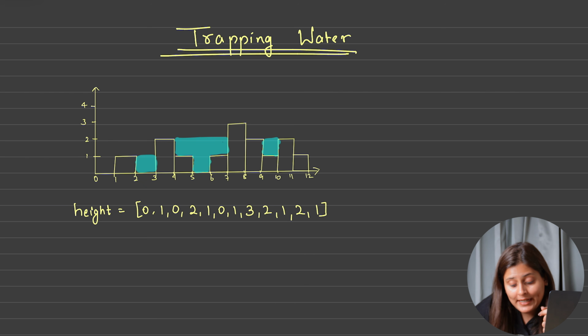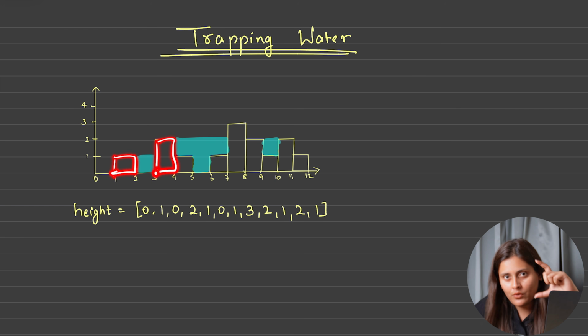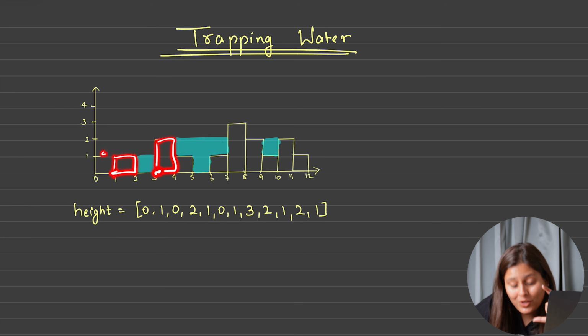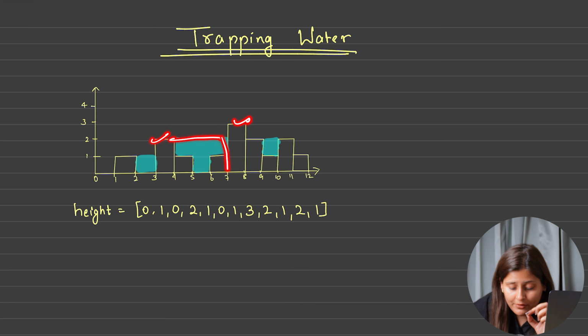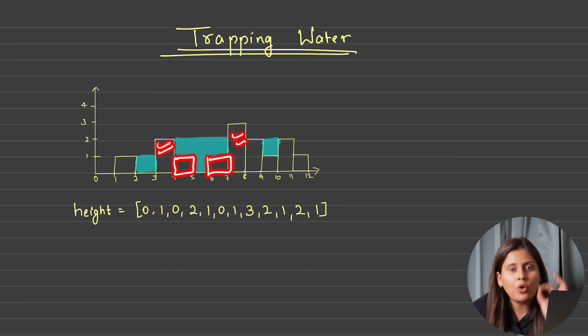So what water it can trap is nothing but determined by the minimum height of both of these. Whatever will be the minimum height, the water will be trapped up to that. The height of the water which will be trapped will depend on the minimum height, and the width is always fixed 1. So 1 cross 1 is nothing but 1. Now if you compare this block and this block, you can calculate whatever water is in between. But what about these blocks? If between this block and this block there is any block of building, you cannot store water in that place, and hence you have to subtract that from the water area, correct?